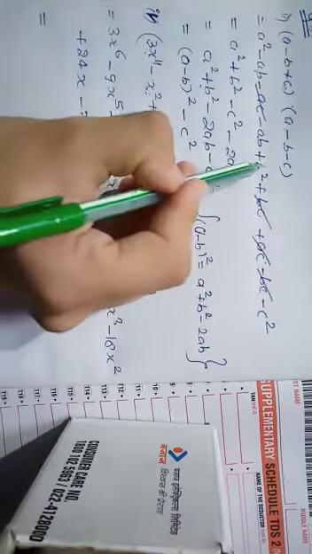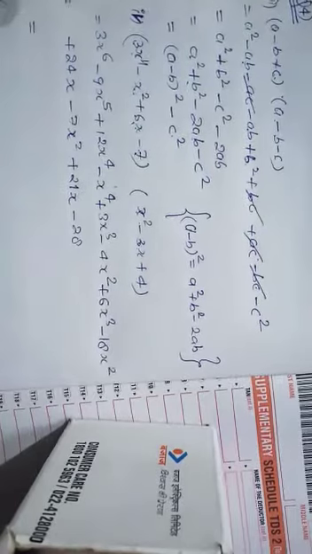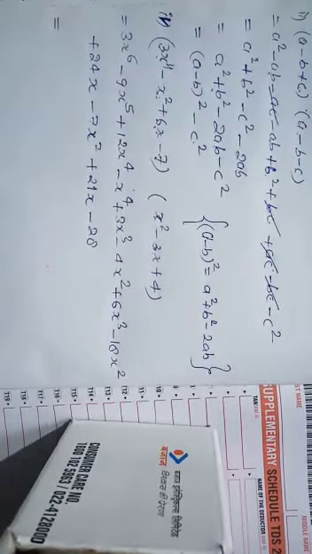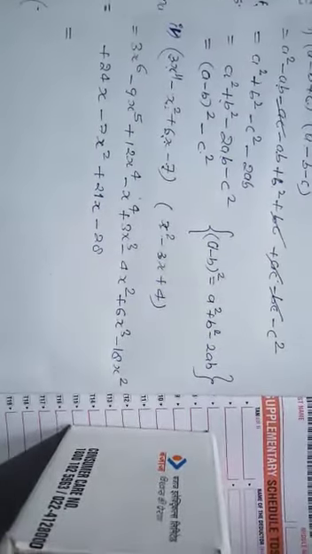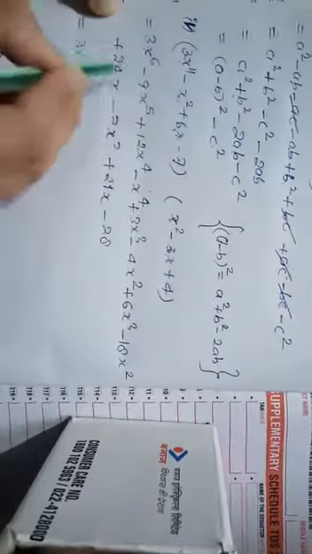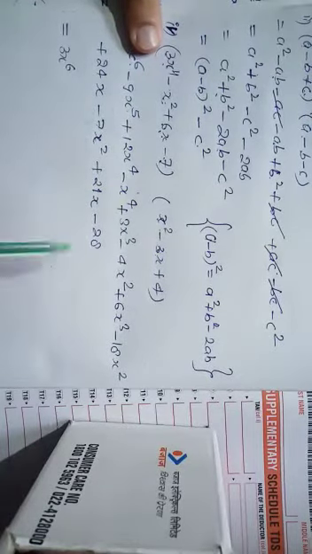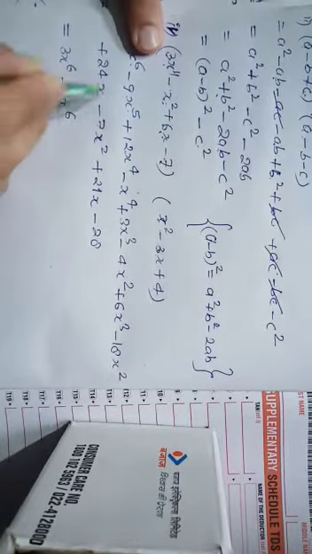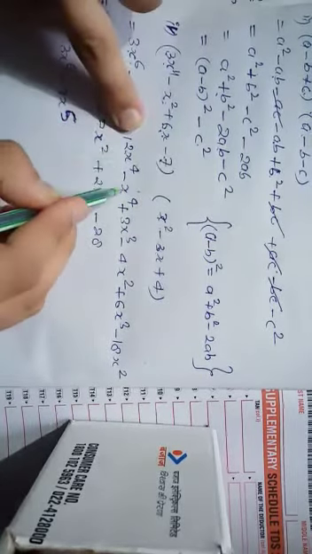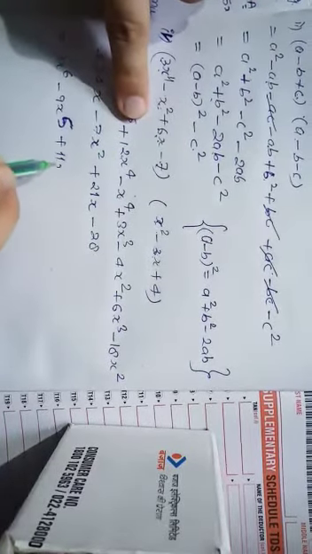जैसे मेरे से यहाँ पे गलती हुई थी, माइनस b square प्लस b square हो गया. सो दिस टाइप ऑफ क्वेश्चन you have to just focus on the procedure and follow the same procedure for all type of question. Okay, don't go through the shortcuts. Okay, 3 to the power 6, x to the power 6, only one term with power 6. अब हमको 5 पावर देखनी है. Fifth power, no fifth power, so you have to just write down the minus 9 x to the power 5. Okay, x to the power 4, x to the power 4, and yes, only 2, so 12 minus 1, plus 11 x to the power 4.